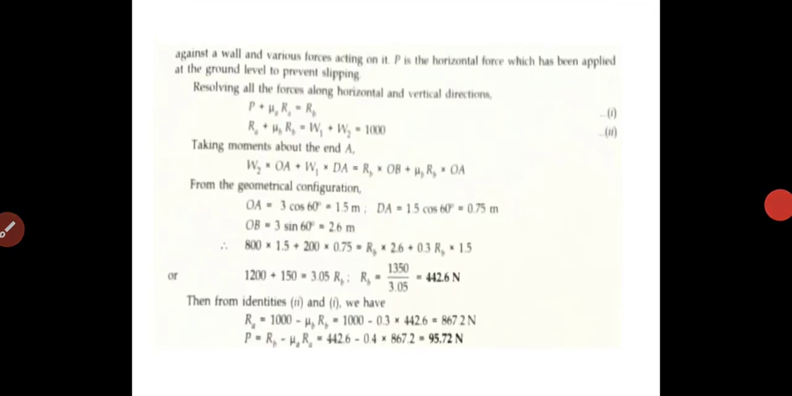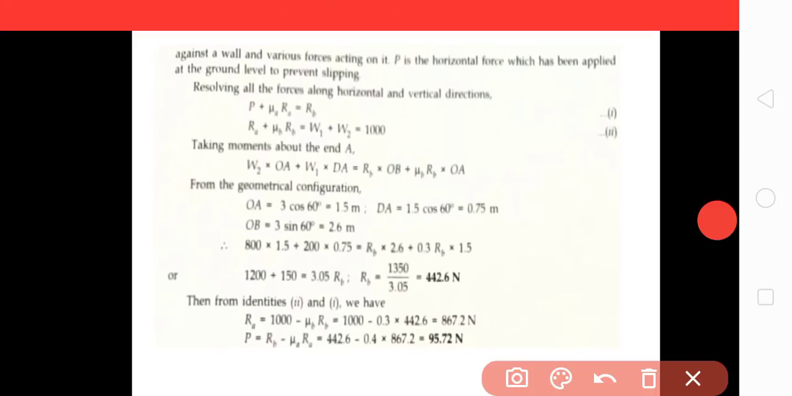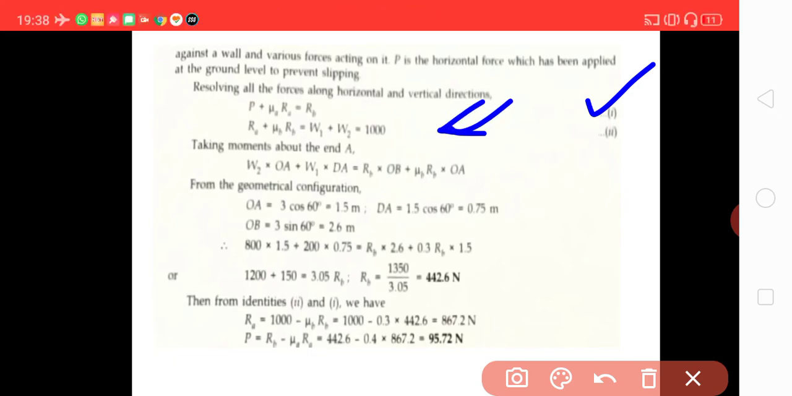Again, resolving the forces along horizontal and vertical directions. P plus mu A RA is equal to RB. This is the first equation. Then RA plus mu B RB equal to W man plus W ladder, 20 plus 80, 100 kg, that is 1000 Newton, considering g 10 meter per second square. Okay. Taking moment about A,